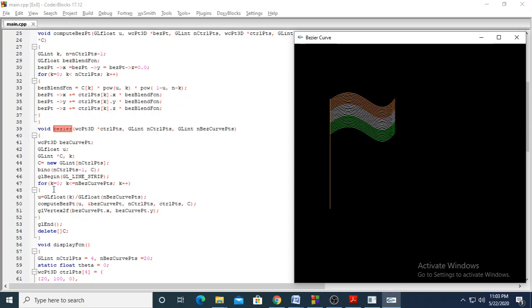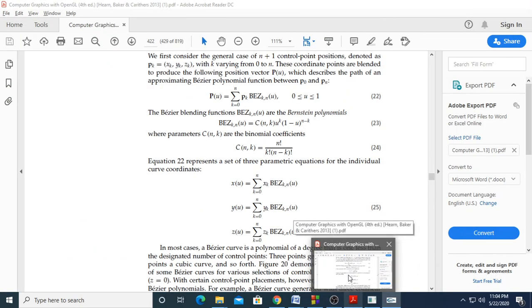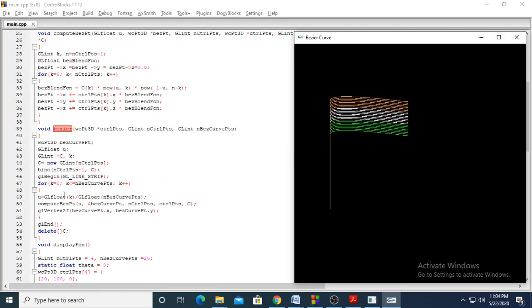Now this for loop, k equal to 0, up to Bezier curve points. We have a total of 20 curve points here, k plus plus. So this for loop will run 20 times. U we are calculating, that is k by 20. K is what? First 0. So we have 20 points, right? 0 to 19 points. So first k is 0 by 19, then next 1 by 19. So u and 1 minus u are used in the formula. You can refer to the formula. Here u into 1 minus u.